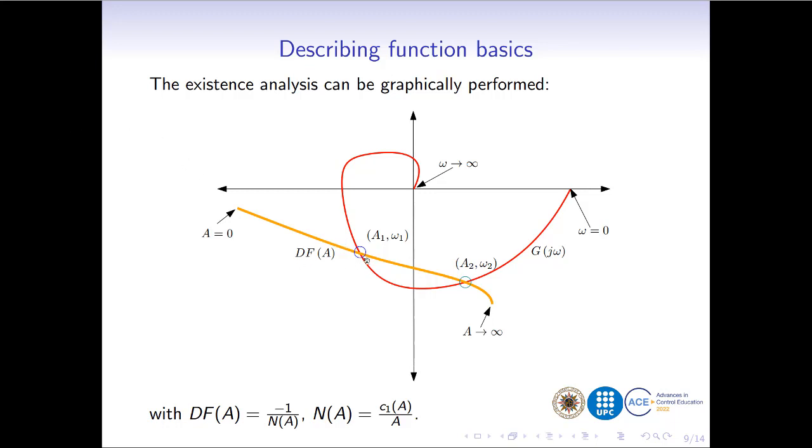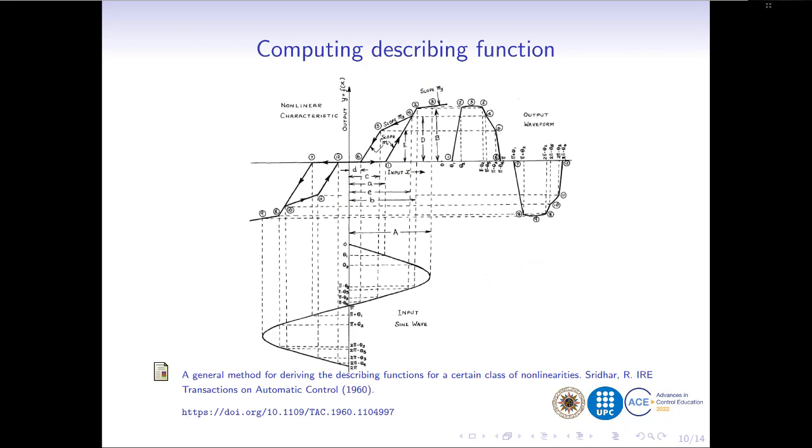Notice that more than one intersection might exist. Thus, more than one limit cycle might exist. As explained in the paper by Sridhar, a general method for deriving the describing functions for a certain class of nonlinearities,